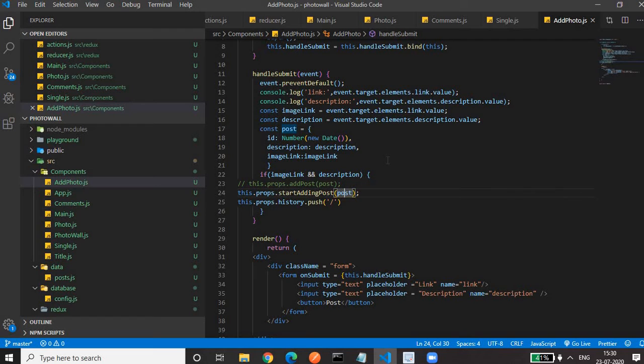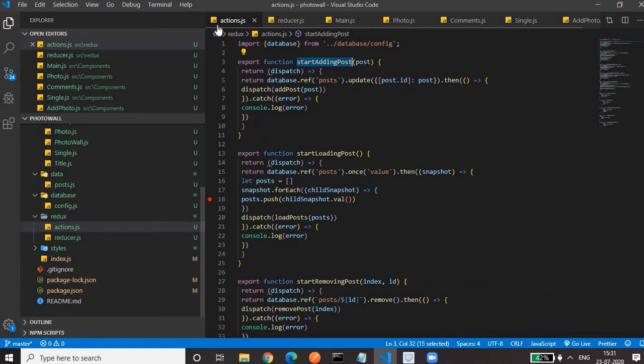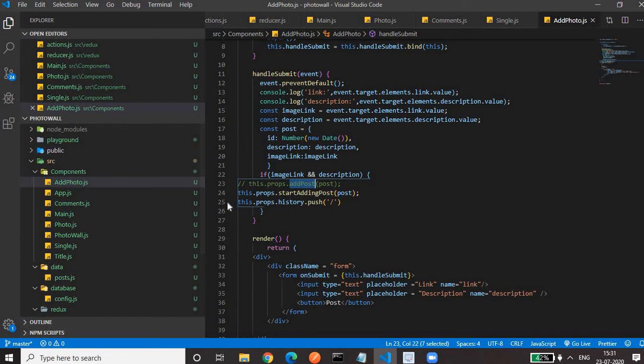Then once we added the post, we have to navigate back to the parent screen. That's why for the parent screen the path is the empty path, as you know. This is a minor change. Earlier we didn't have any database connection, so we had to update the store directly. For updating the store, we had written props.addPost, calling the add post action directly. But now we have a database, so we have to update the database, then call the add post action. So this is the one line of change in this component.